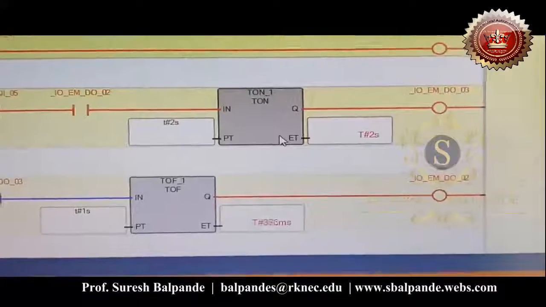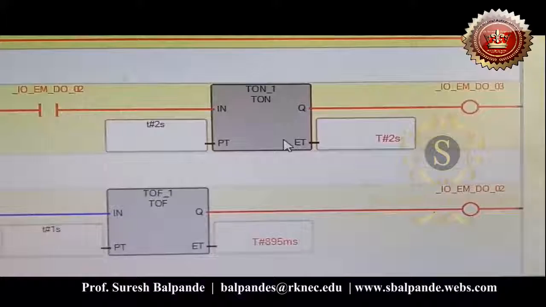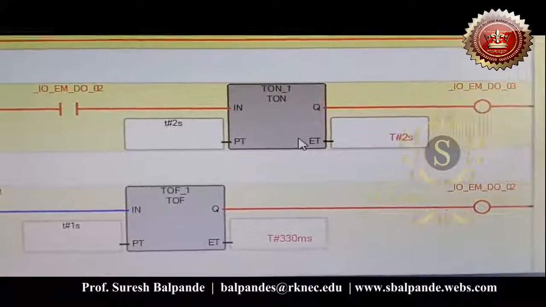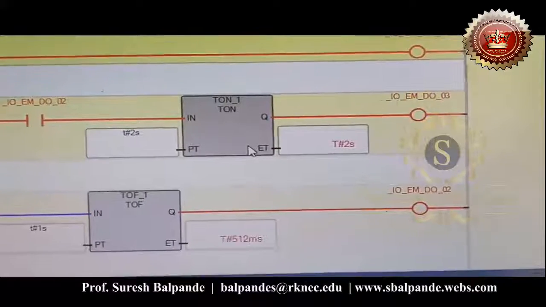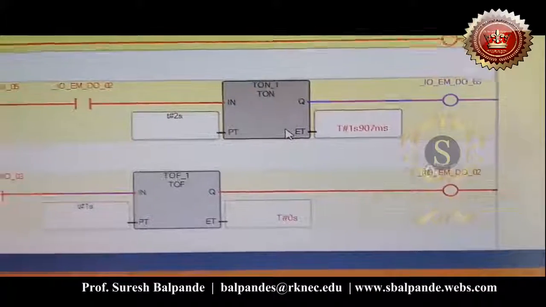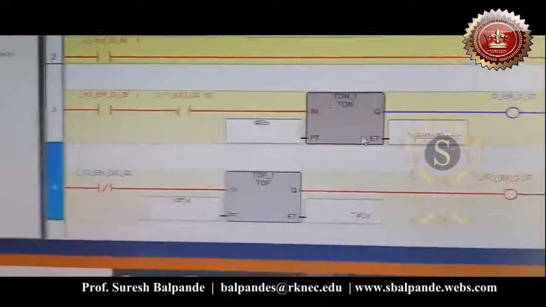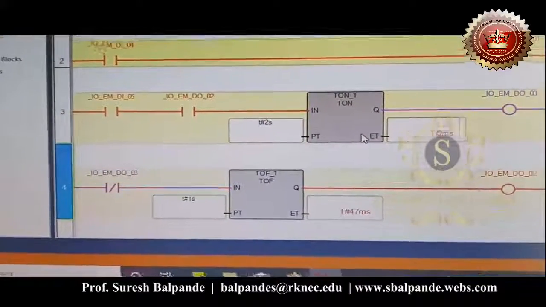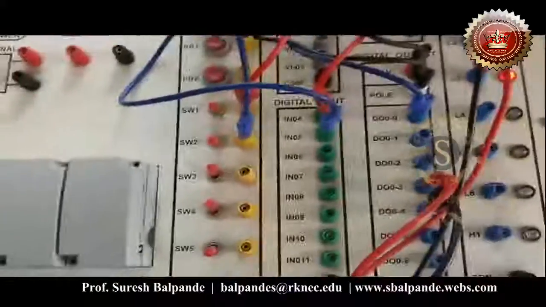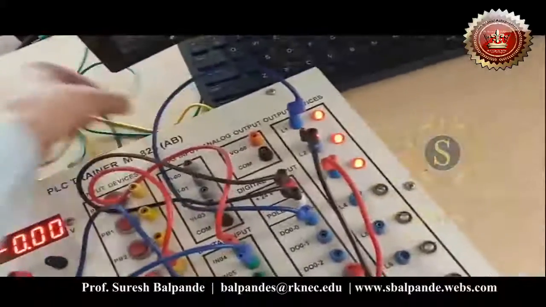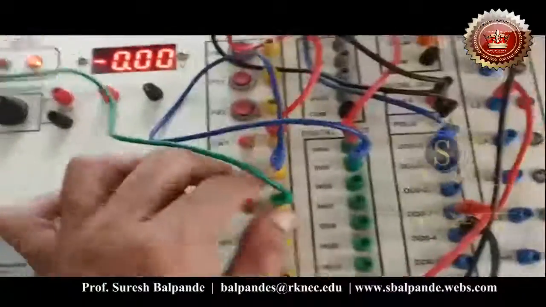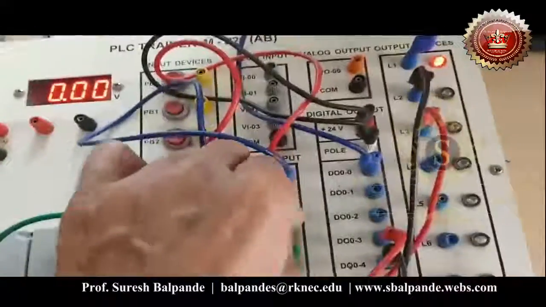Generally, we know that in simulation and practical, if we compare both, it is very difficult to match the results. But this is not the case with PLC. In PLC, whatever result you get on the computer screen, the same results you will get on the PLC. There are only a few chances where you may get some wrong result, but you can consider 99.99% that you will get the same result which we get on the computer screen, because this is actual hardware. Of course speed and some time parameters may change, but functionality wise, whatever output is produced, that same output will be produced on hardware also.